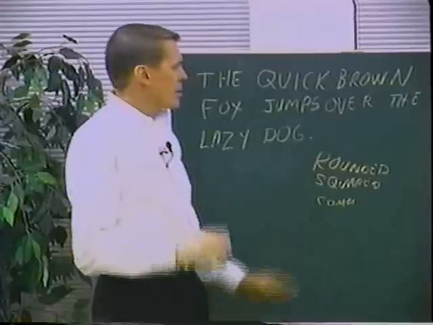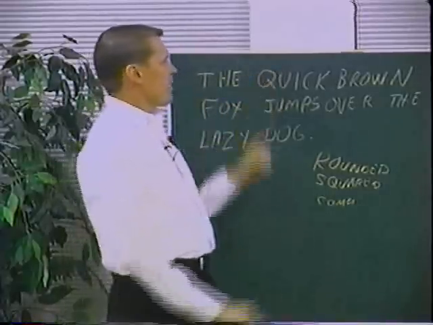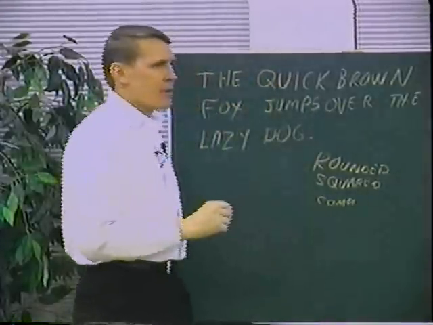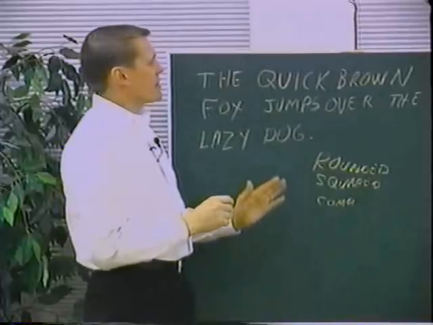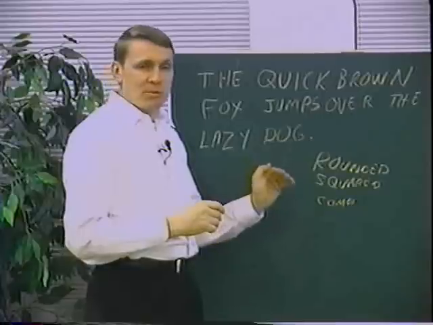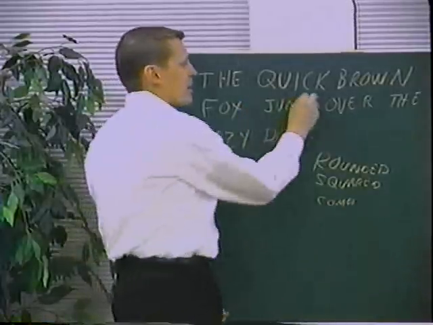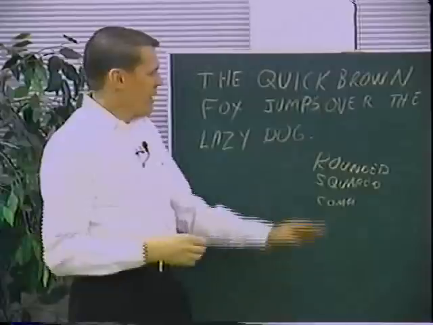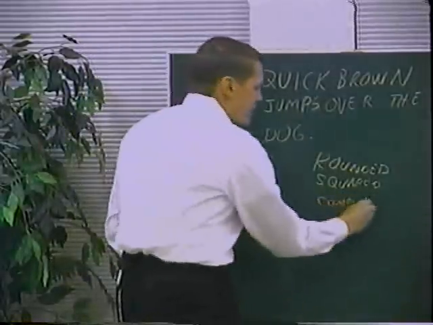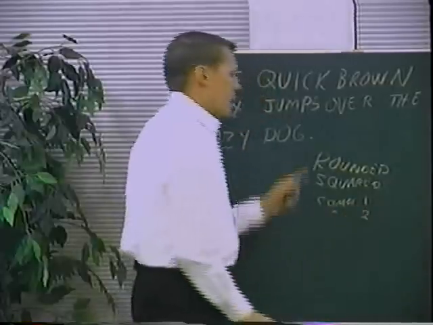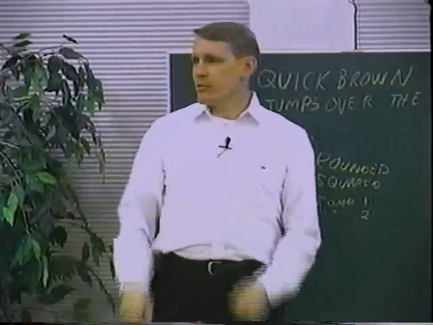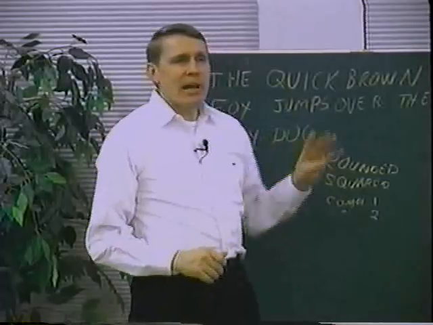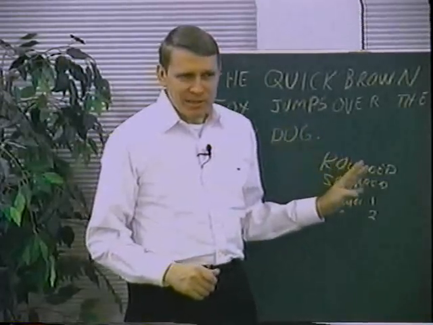Now the combination letters, the U is a confusing one because the squared part is at the top. The rounded part is at the bottom. Others have the rounded part at the bottom and the squared part at the top, like the P. This has the round part at the top and the square part at the bottom. So we'll have combination 1 and combination 2. I have basically 4 different types of letters in the English alphabet. That's kind of what they've done with the DNA sequencing.